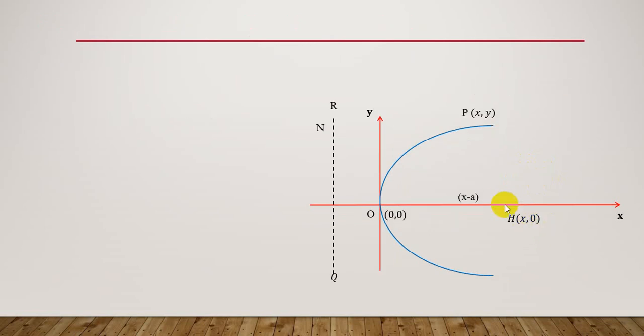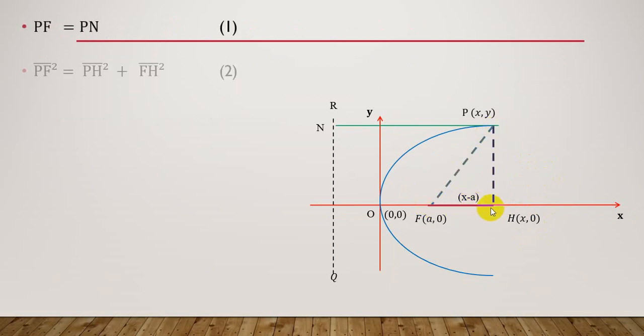Let's see how we can get the equation. Right now we have the focal and this BF and this one. So if we look, BN equals BF here, and this one is a right angle triangle, so we can apply the Pythagoras theorem, which says that BF square equals BH square plus FH square. So to get the value of each one,